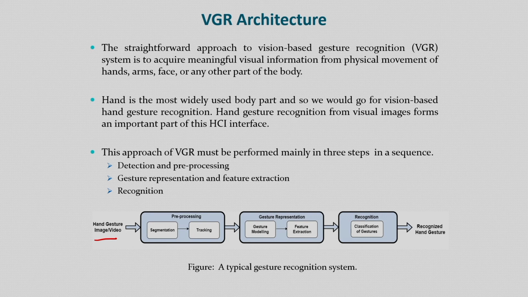So, tracking is also a problem, and segmentation is also a very difficult problem because I have to consider illumination variation and the dynamic background and the cluttered background. After this, I have to consider gesture representation. So, for this I have to do the modeling, gesture modeling. I have to extract features, the feature extraction, and finally I have to select the classifier for recognition. So, this is a typical gesture recognition system.